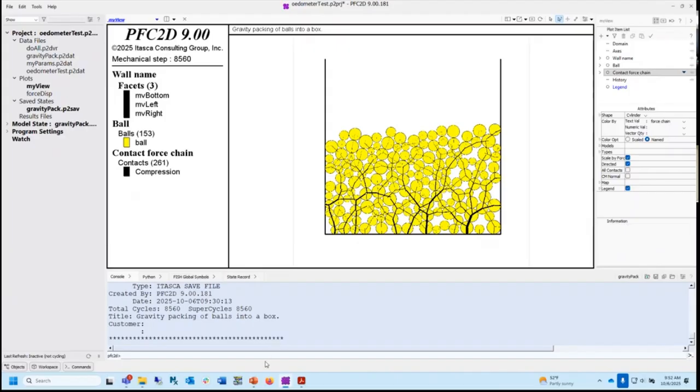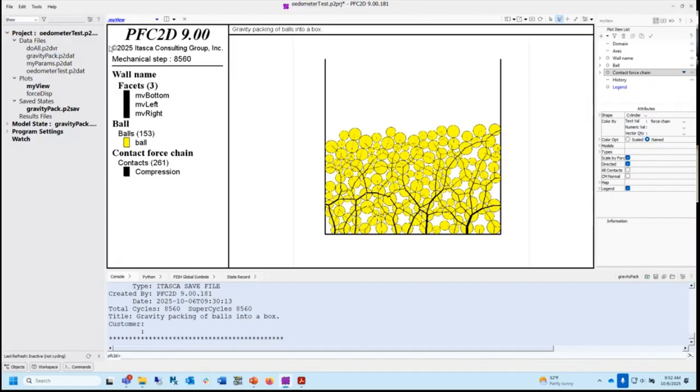This model is actually called the linear contact bond model, because when it's in an unbonded state, it's actually the linear model. But when you give the command to bond it, suddenly it behaves like a bonded system. So are you with me?